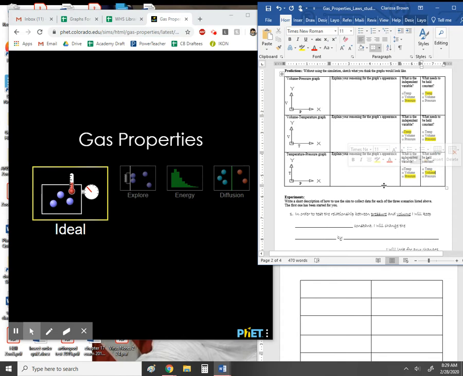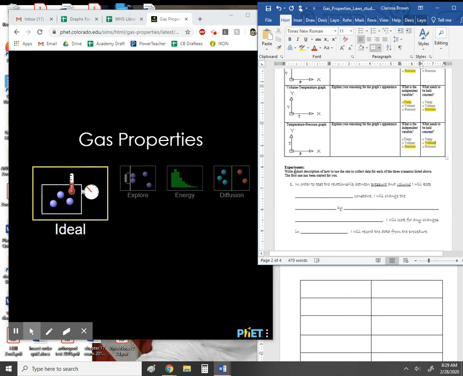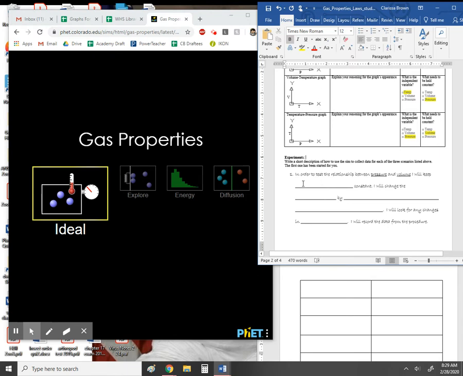Next, I can design my procedure. Number one, experiments. Write a description of how to use the simulation to collect data for each of the 3 scenarios listed above. The first one has been started for you. In order to test the relationship between pressure and volume, I will keep the temperature constant. I will change the volume